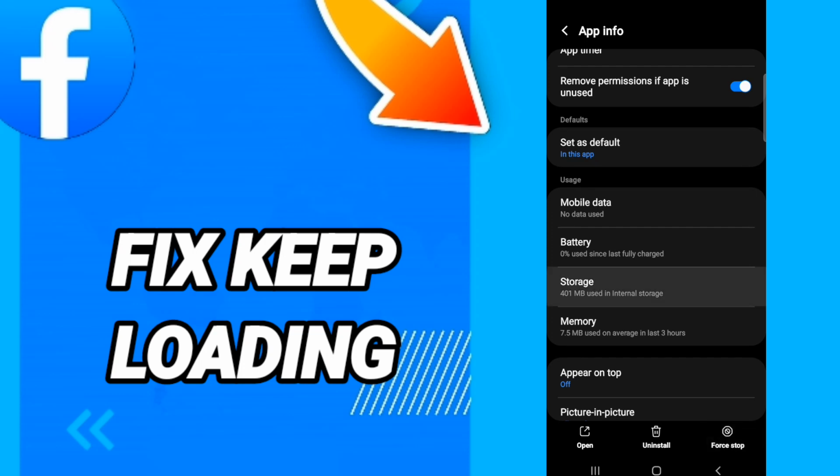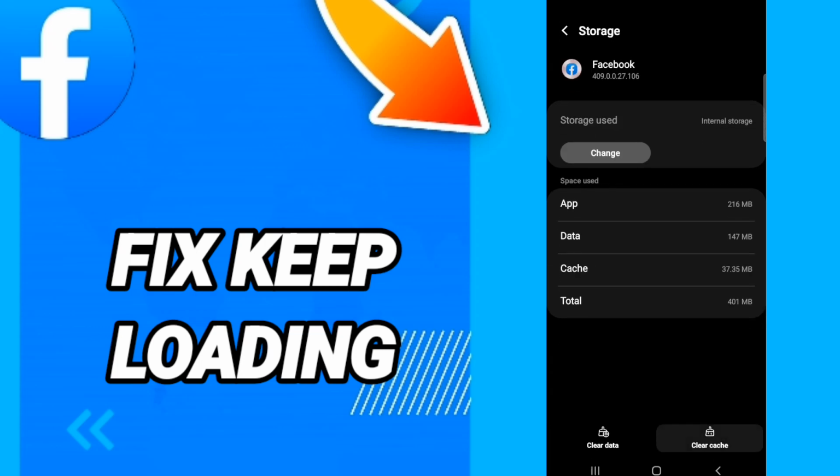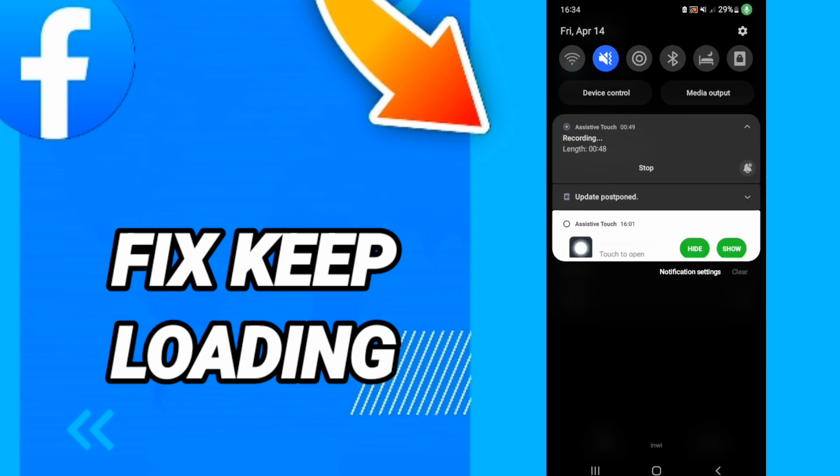After that you will go to click storage. Then you will go to click here clear cache. After that you will enter and click here clear data, and then you can turn off your